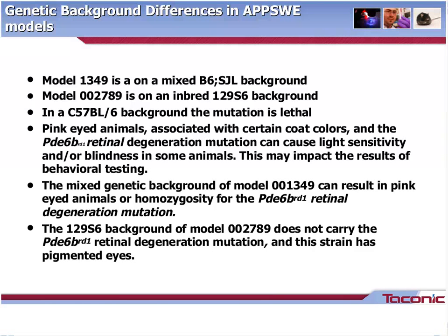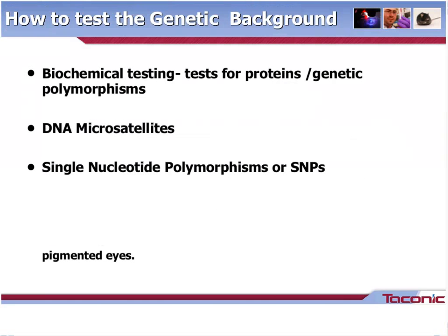What are we looking at? What is our background? What are the effects of this background? How is it influencing the expression of my model? So on my next slide,